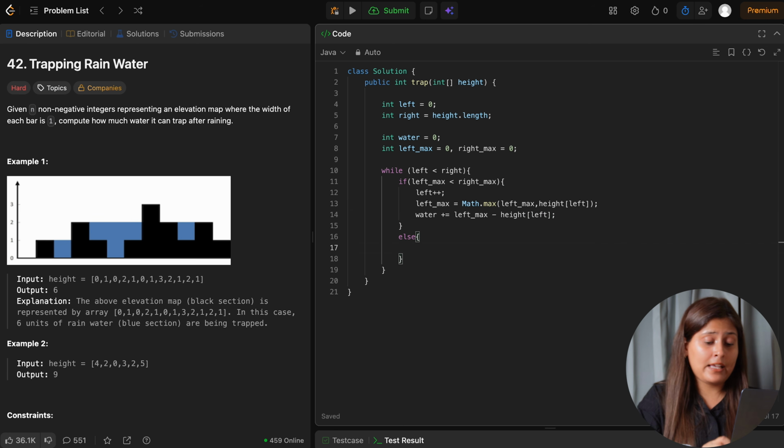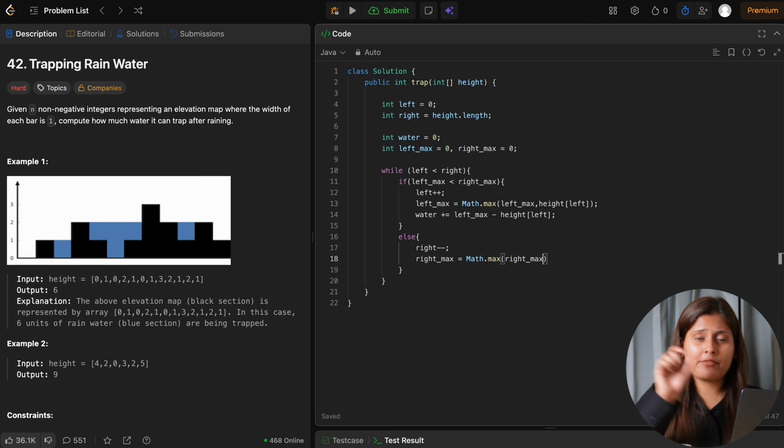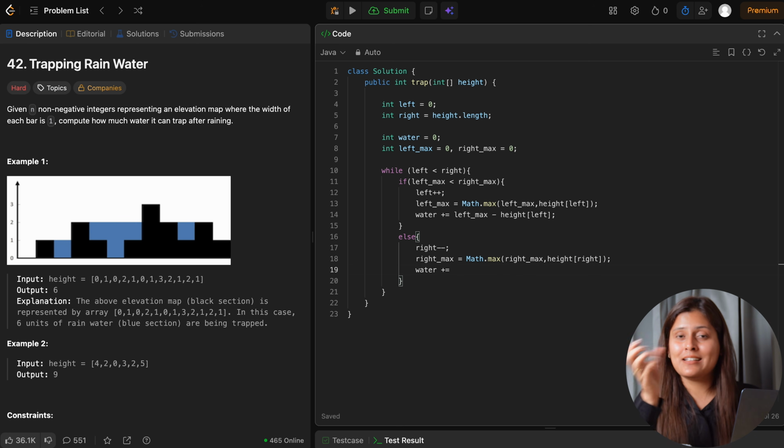Done. And in the else case, we have to maintain from the right side. So we will move our right minus minus, and then we have to maintain the right max also. So right max, we will do Math dot max of the right max we have calculated till now or the current height pointed by the right index, whichever is maximum, and then we add that water.